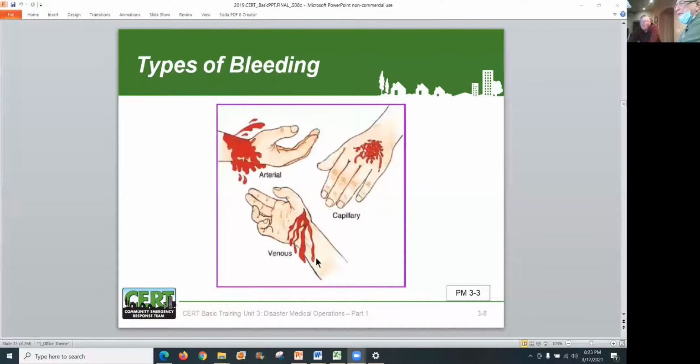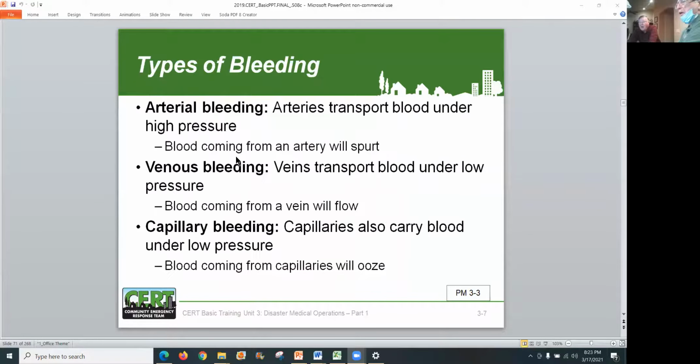Down here at the bottom. Arterial, that little pump coming out. And venous is here, and it's not to be ignored, but it's usually not as critical as arterial bleeding. These two would be able to be stopped with direct pressure easier than this. This is hard to do with pressure. The arterial pressure is a lot higher than